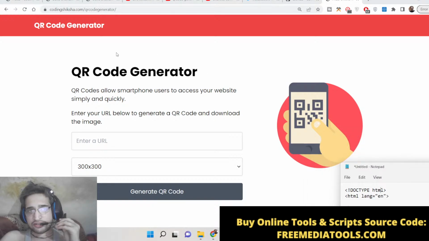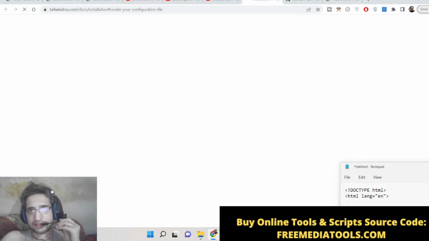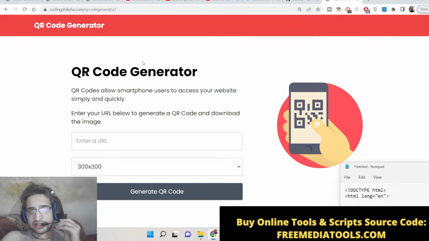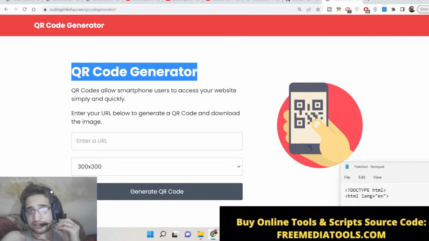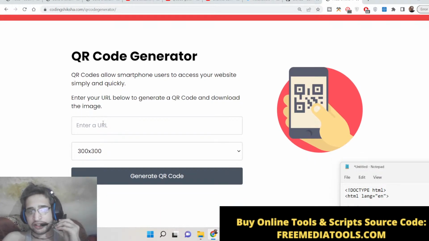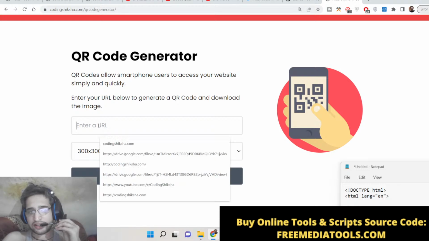You can see that this is a nice little interface which is designed using the Tailwind CSS framework, which comes with its own classes. For this you don't need to write any sort of CSS. It comes with a bunch of utility classes, with the help of which you can design these cool little interfaces. The application logic is that you can write any URL here,